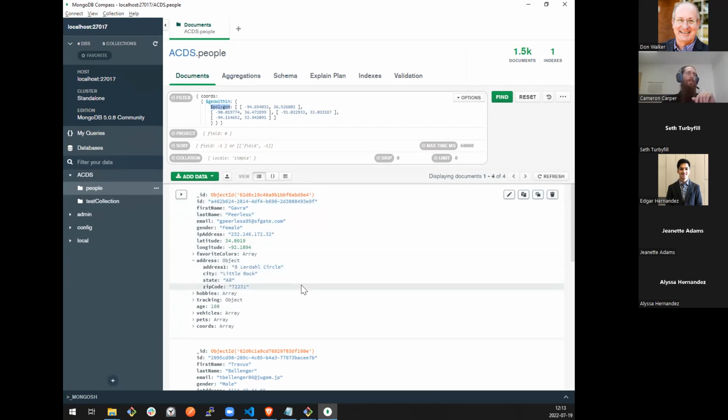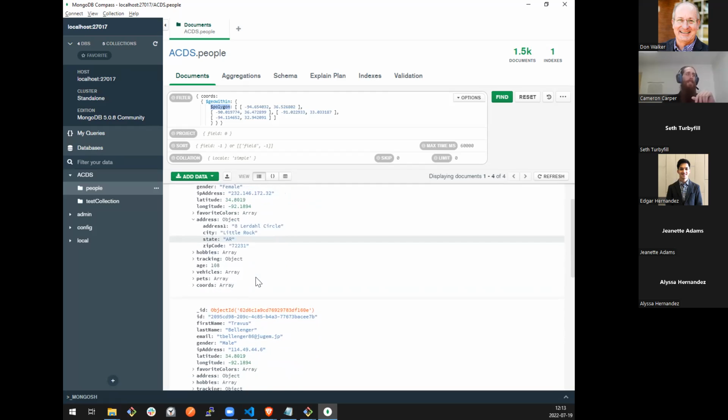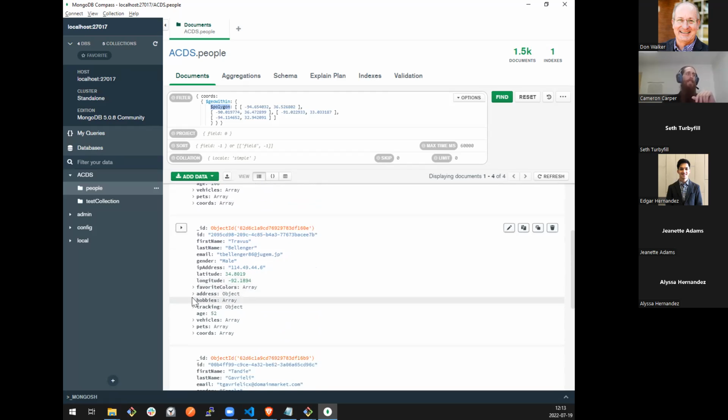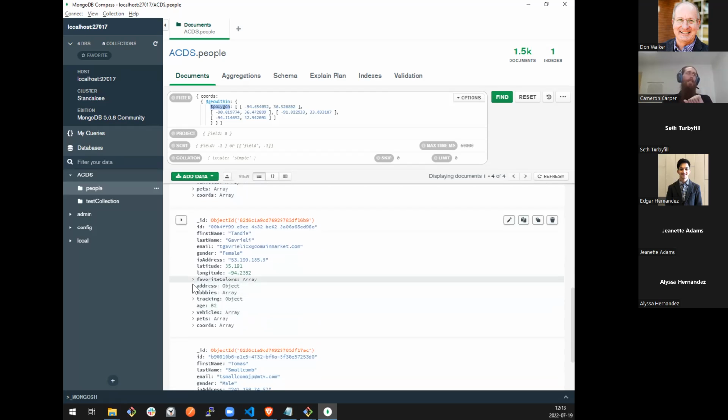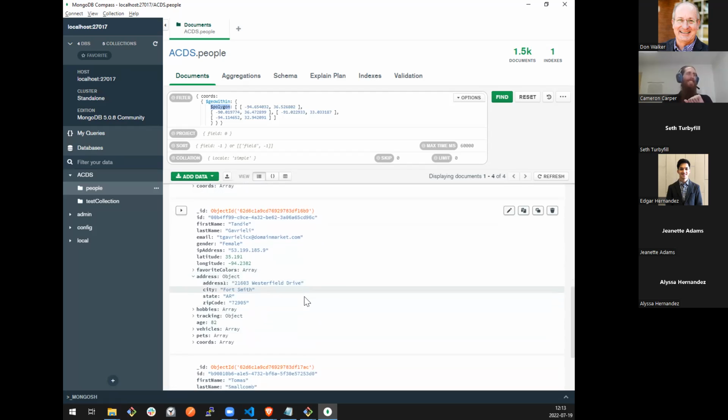Oh, so you're saying the randomized data? Oh, but it got the lat-long of Little Rock at least. Yeah, I think in the random data. Okay, yeah. I'm impressed. I was not expecting that when I put this together, so I was very happy to see that. Wait a minute, they don't live in Arkansas. It's random data.